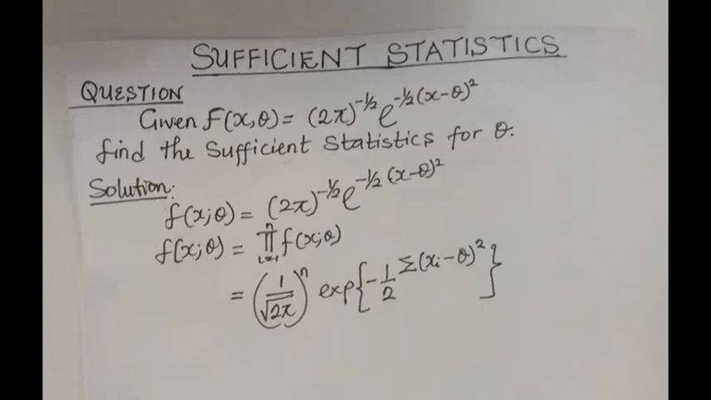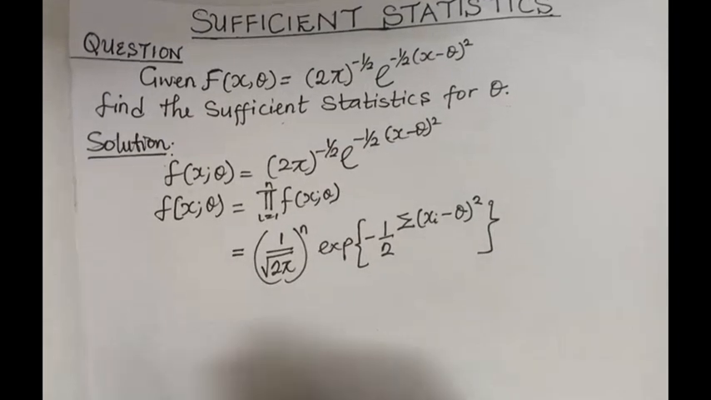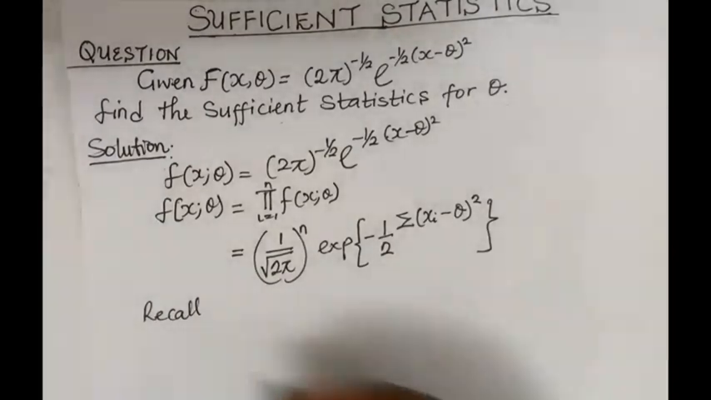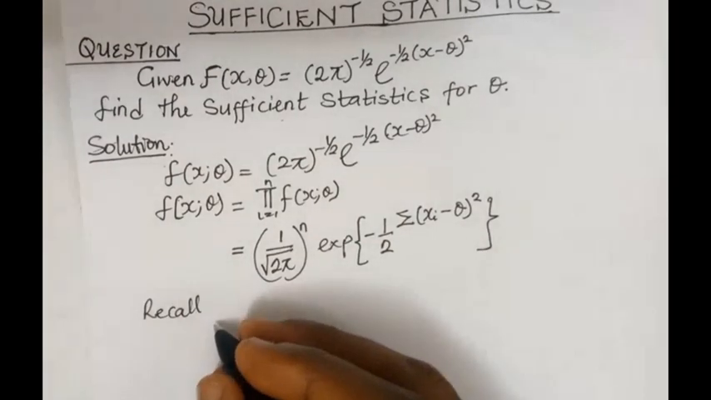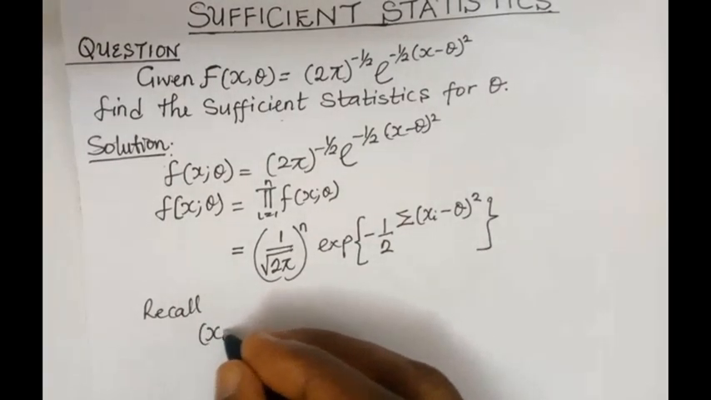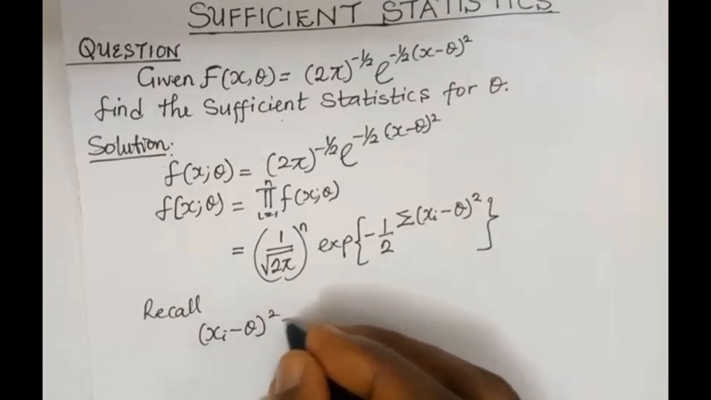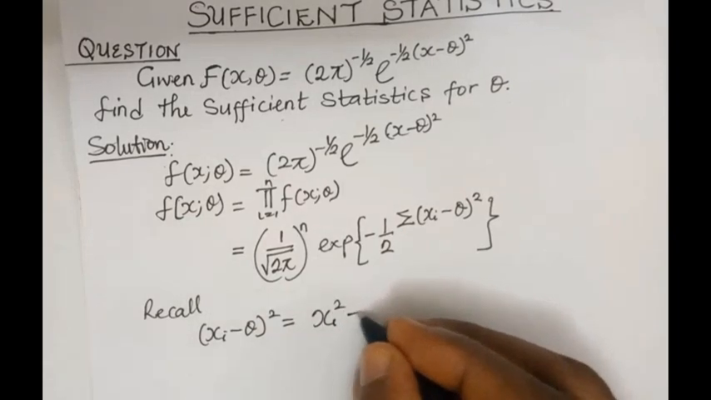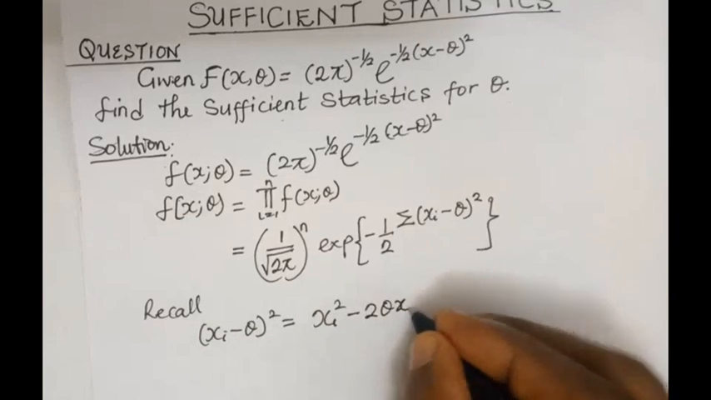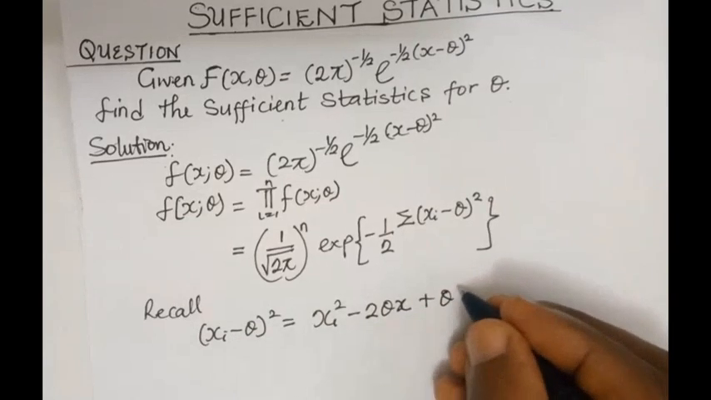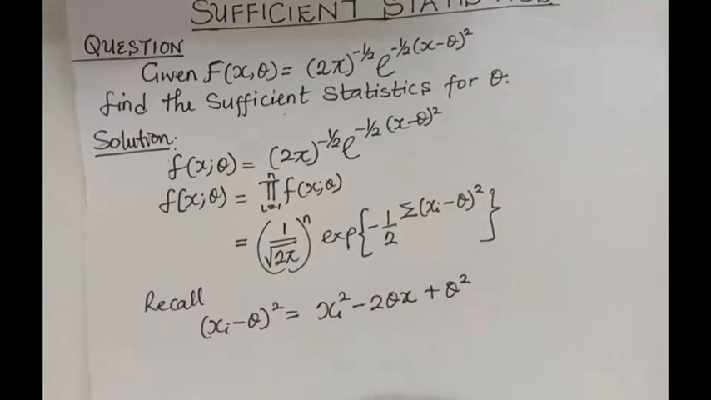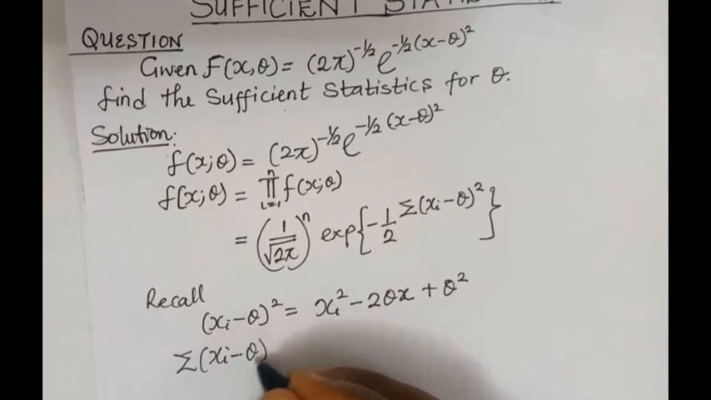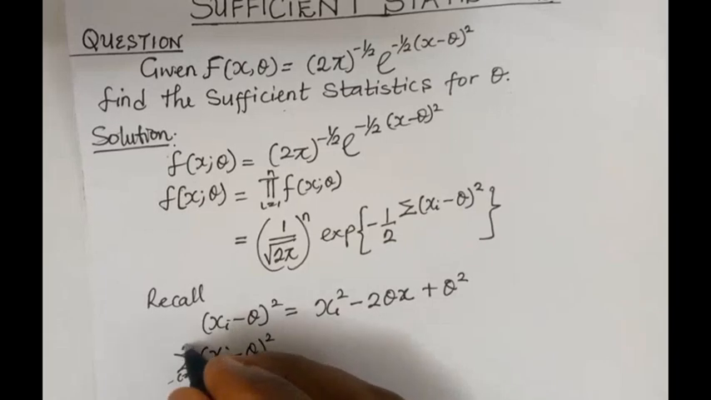The next thing to do is to recall. We can recall that from quadratic equation. For this, we recall that xi minus theta all squared, if we want to expand this bracket, we get xi squared minus 2 theta x plus theta squared. On the same vein, if we have summation of xi minus theta all squared, i running from 1 to n,